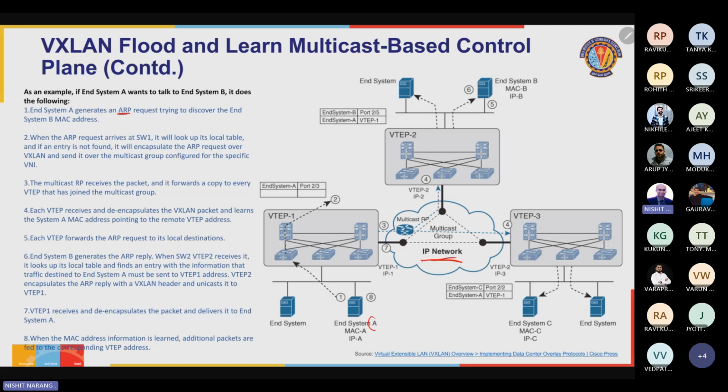The same way, the VXLAN flood and learn, multicast-based control plane protocol also runs. So end system A, which is part of a layer 2 overlay network, wants to send a packet to end system B. End system A has an IP address IP-A and a layer 2 MAC address MAC-A. End system B has an IP address IP-B and MAC address MAC-B. So when end system A has an IP packet with destination IP address B and source IP address A, but it doesn't know the end system which will handle IP-B,